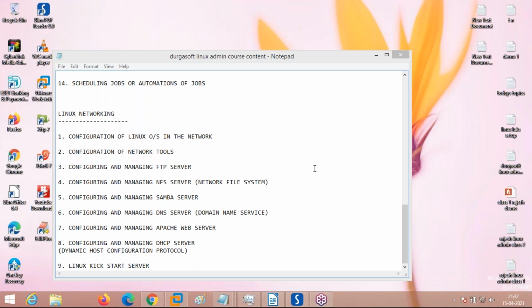But if you are insisting that you want some shell scripting, I can take it at the end of this course. But if you want to totally learn shell scripting, first do this standalone and network administration, then jump to shell scripting. Then only you will be able to understand shell scripting better. Without this knowledge, don't go there, because there also you are going to use most of these things with programming, some kind of scripting. You are going to use these commands and settings only.